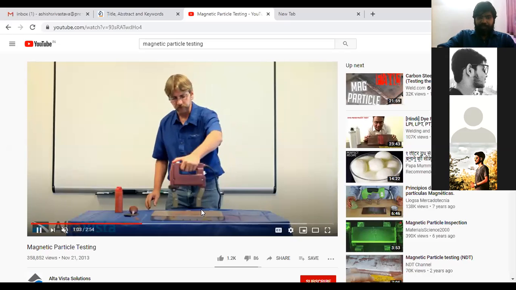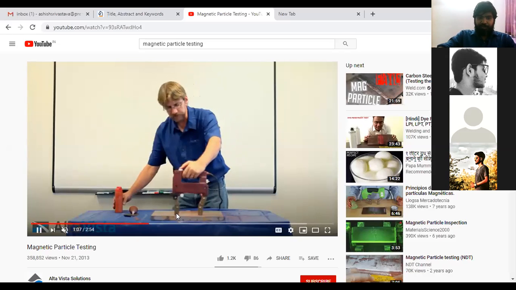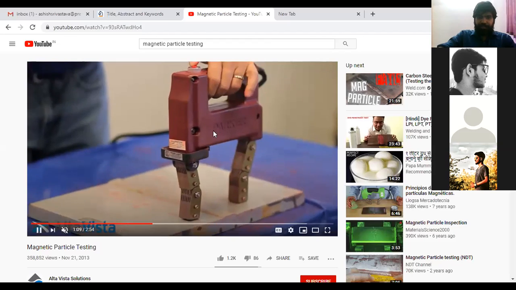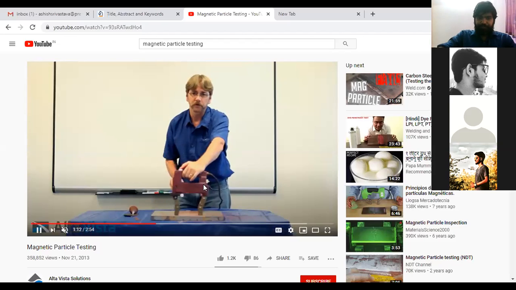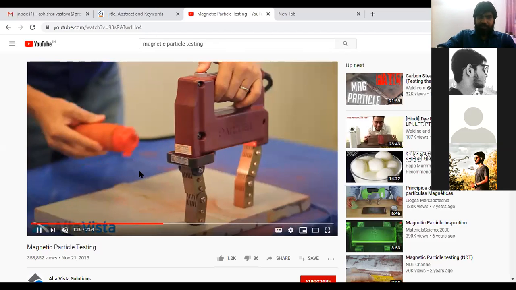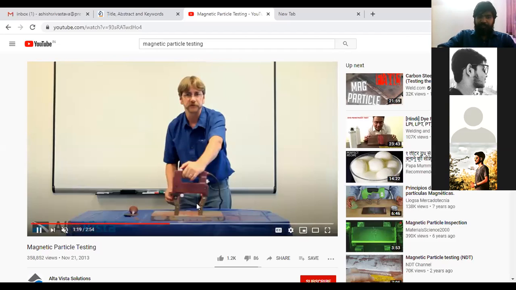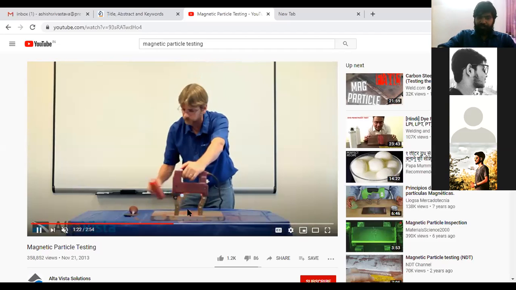You can see here, this is the weld which we have to test. So around that weld he is going to generate the magnetic field using this yoke. This is known as the yoke. Now he is spreading the magnetic particles on the weldment where the welding has been done.